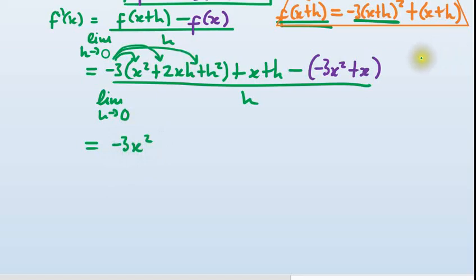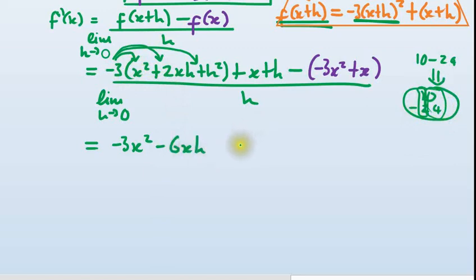I said if I have 10 minus 24, I can write it with tens under tens and units under units. I'm going to use the same notation. I like it, it's useful. So that gives negative 6xh, and that gives negative 3h squared